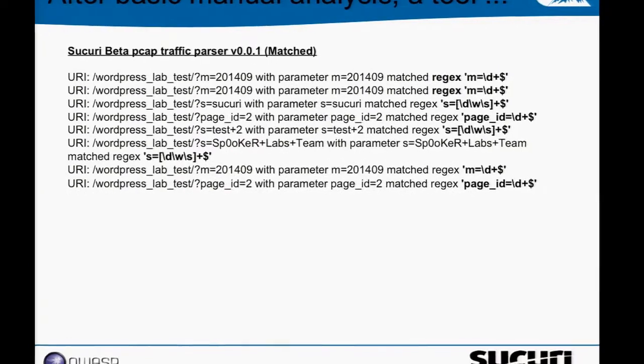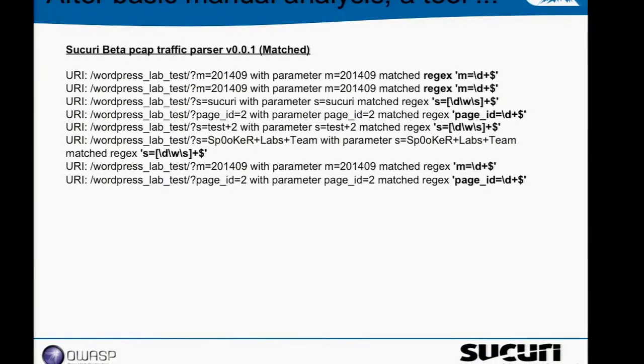And so I start to analyze some traffic that I saved in that PCAP. That's why I told you to save the PCAP, so you could keep working on that. And so I create some regex based on the URL. So here you probably have numbers, and here you have some words and spaces. This is for search. The page ID is only numerical. So like here's another search,